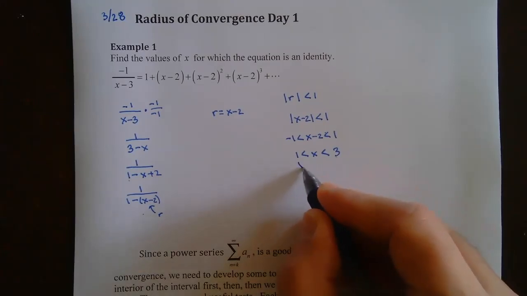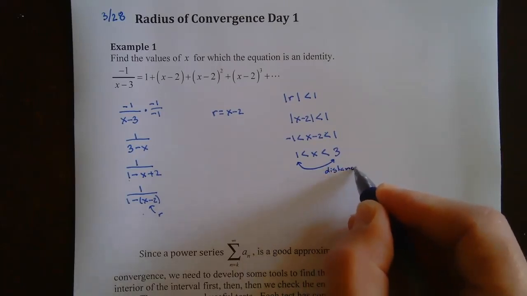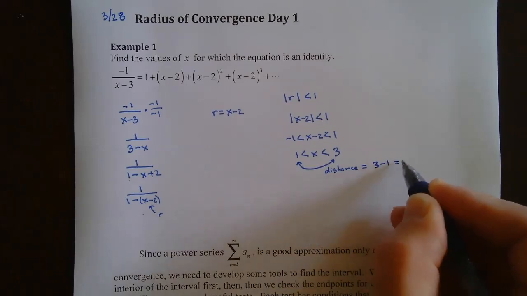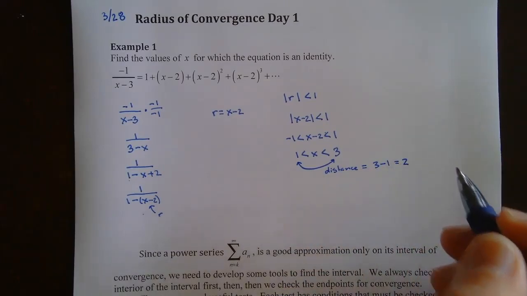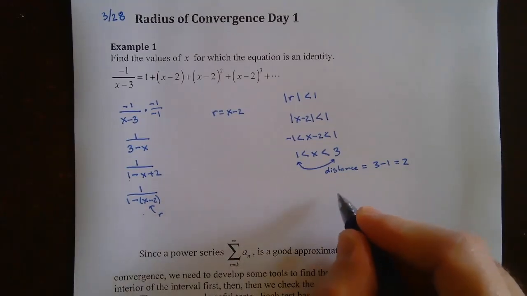So from 1 to 3, that's a distance of 2. How did I figure that out? The distance between those two is 3 minus 1, which is 2. The radius would be half of that. So the radius of convergence